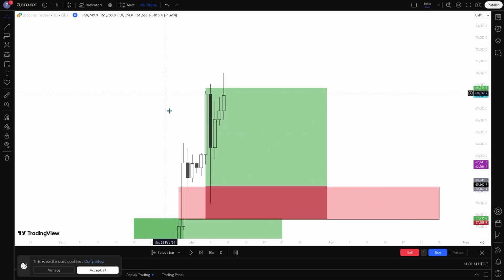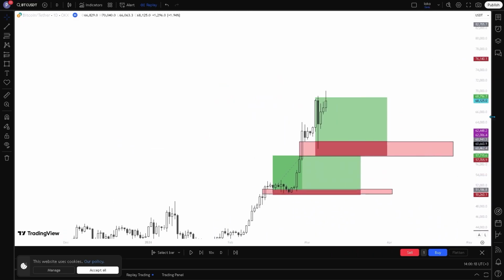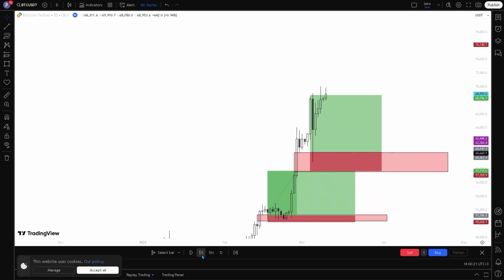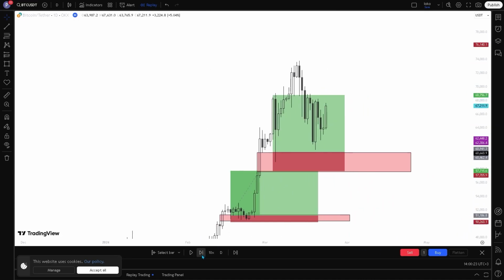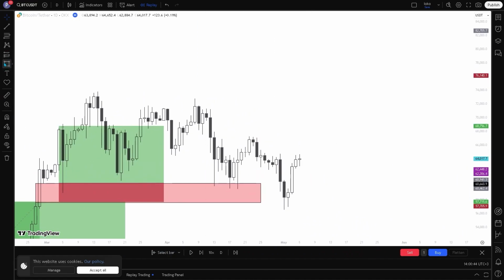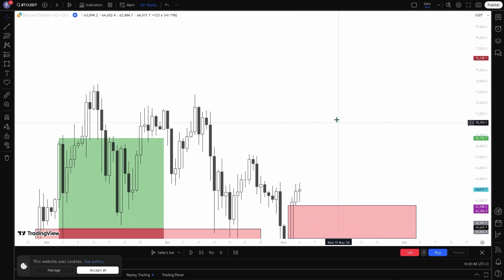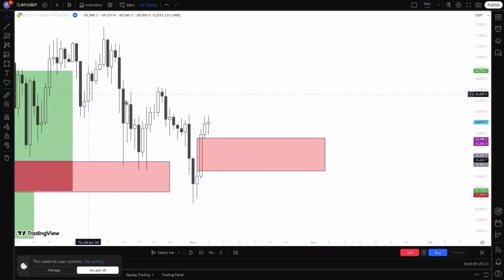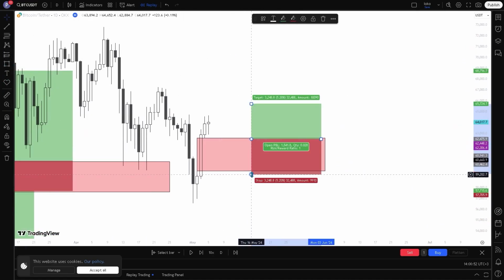I don't know why the tool doesn't work, but it has a very successful deal. And now we can wait for another FVG. So here we can see another FVG formed. We can mark it like that. Bam, bam, bam. Place